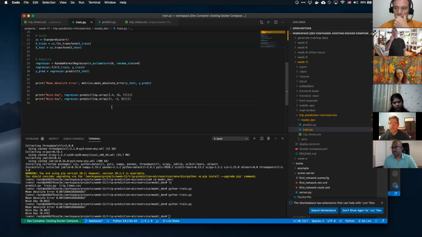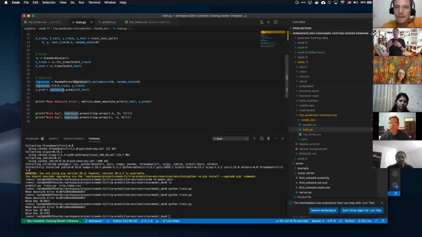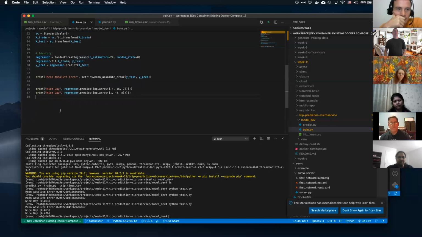So this is what we could do: we need to export this model, because the one thing we don't want to do every time is train it. We only want to use the model. And the beauty of this, if you notice, we just did regressor and then regressor.fit, and from there, this regressor object has all that trained data in it. So it has those bags, those forests in it, already defined in memory. But we need to, what we call, serialize it. We need to save it so that we don't have to retrain it every time. We could just import it when our microservice boots up, and it already has all of that trained data in it.